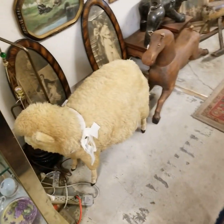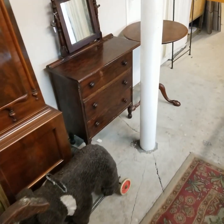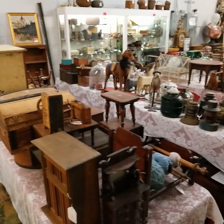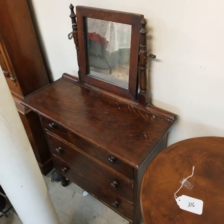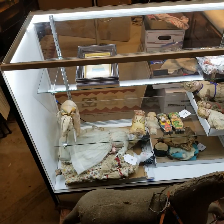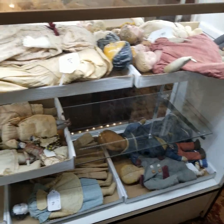As you can see, guys, there's a lot of stuff, and there's horses and sheeps and pictures, tables full of goodies. If Dan turns around real quick, packed all the way through, and there's actually more outside. Well, it's like child size, you know. So as you see, we have some child size pieces, lots of toys and folk art to primitives. On the counter here, actually in the counter, we have dolls, antique dolls, and then if Dan will get over there,